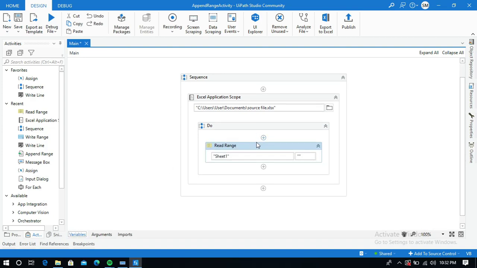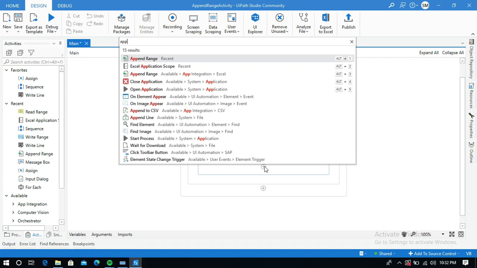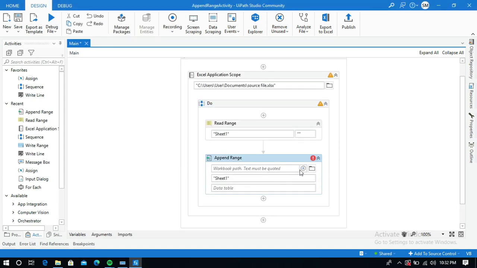Now I am going to use our append range activity, and here I need to provide the path of this destination file. It is similar to this one, I will just change the file name to destination file.